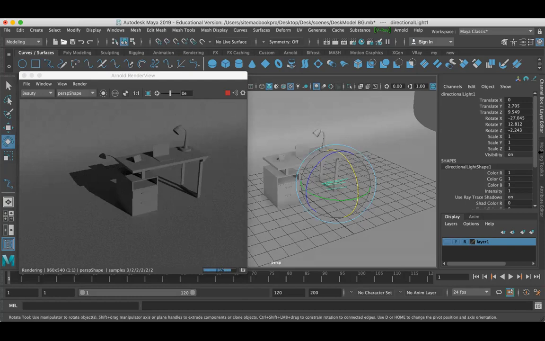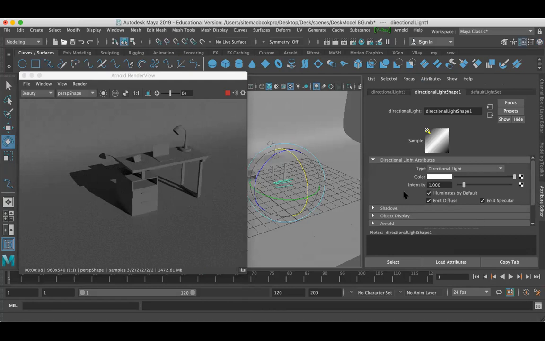Now on the left side, you can find the attribute editor. Just click on the attribute editor, where you can find more detailed values of the attributes, detailed values of the object or the light or anything. Here in the attribute editor, we can access some advanced options of the light or any object. So in this scene, we are accessing the advanced options of the directional light. Now you can see here that in the directional light attribute, the first one is a directional light.